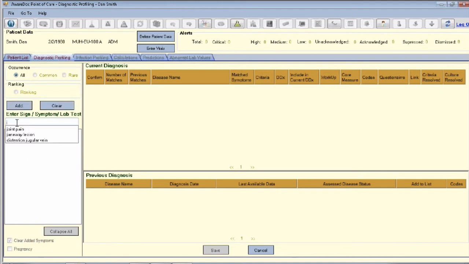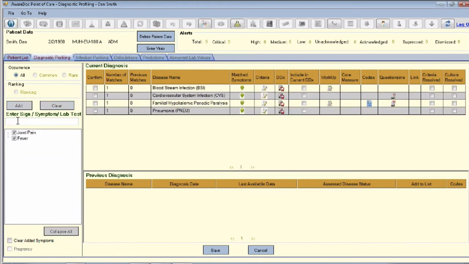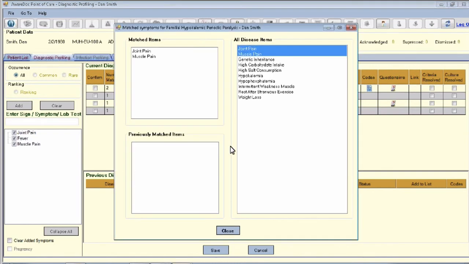Each diagnosis is displayed in the current diagnosis panel in the order of whether a diagnostic criteria has been fully met for that disease, and then according to the number of items that are matched. Indeed, these items are the signs, symptoms, and test results that you use to establish the diagnosis. For each disease listed, you can choose to learn more by checking in the cells for: 1. A summary of matched and unmatched findings needed to make the diagnosis,